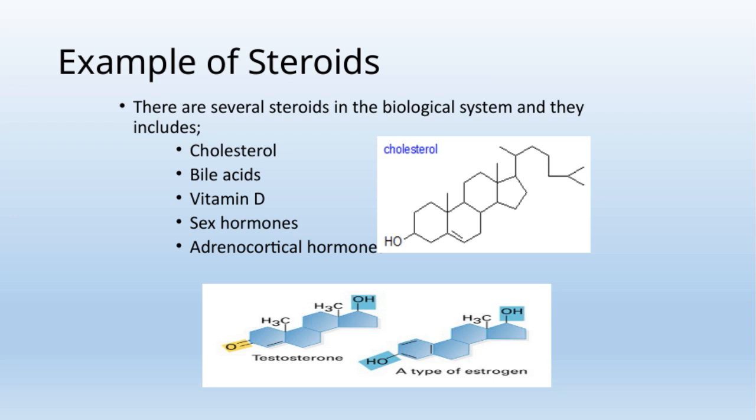We also have sex hormones, such as estrogen and testosterone, that regulate reproductive functions and secondary sexual characteristics. Adrenocortical hormones, like cortisol and aldosterone, are involved in stress response, metabolism, and electrolyte balance. To give you some concrete examples, these steroids are interconnected, with many derived from cholesterol, highlighting its central role in steroid biosynthesis. Understanding these different steroids helps us appreciate how they contribute to maintaining overall health and homeostasis in the